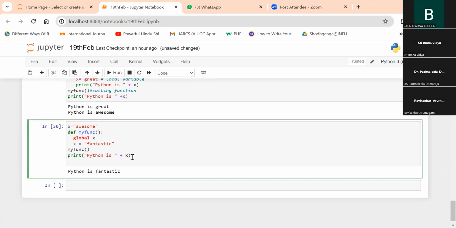Even after the function is over, when I am printing it, this value has now changed. It is no longer going to print awesome for me because this x is now a global variable and you have changed the value of x to be fantastic. So now x will always contain fantastic unless and until you change it somewhere again. Now this is the value which will be